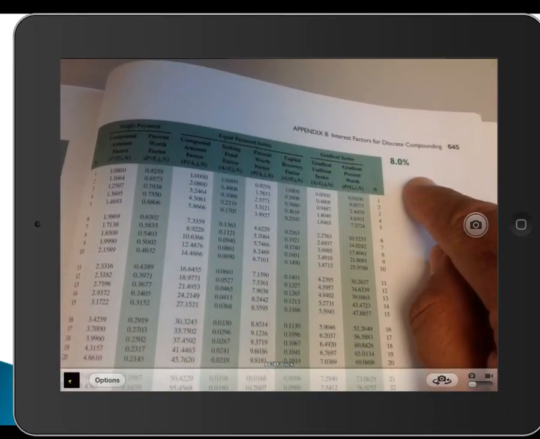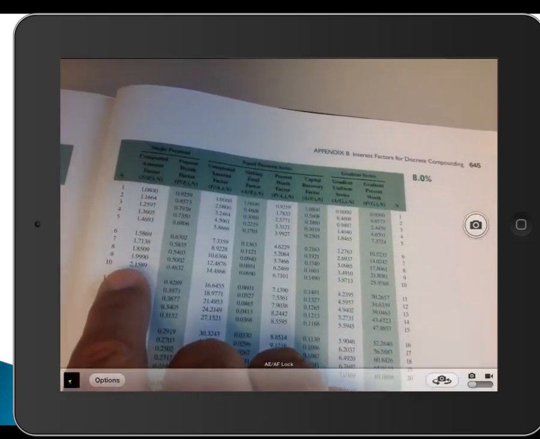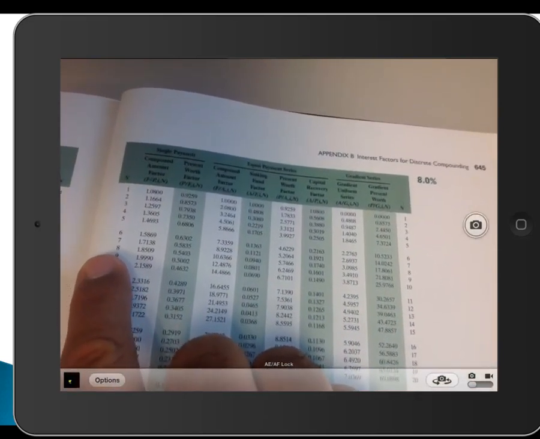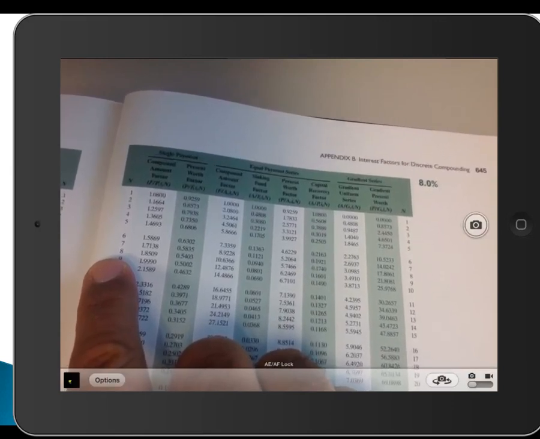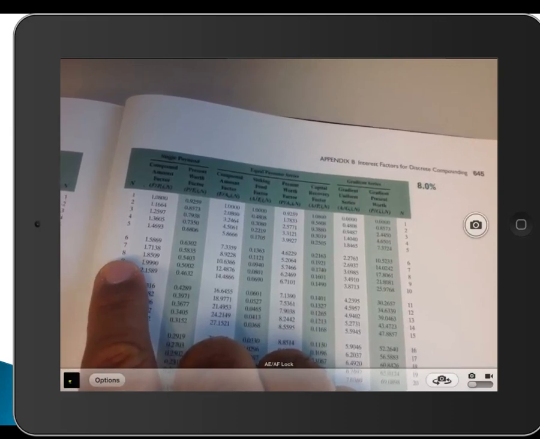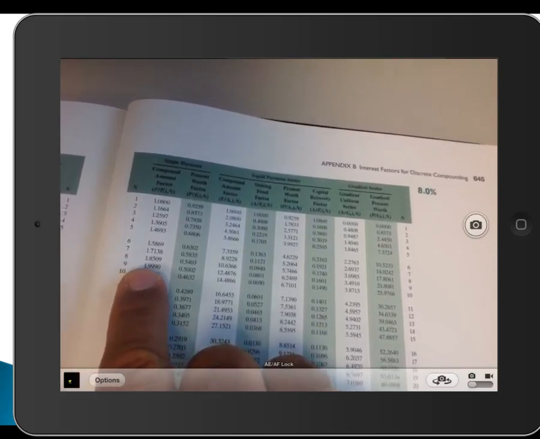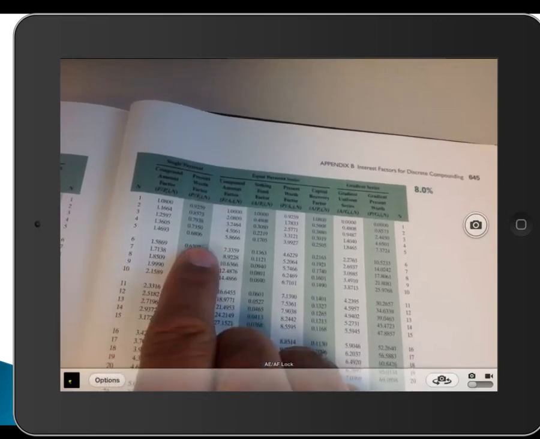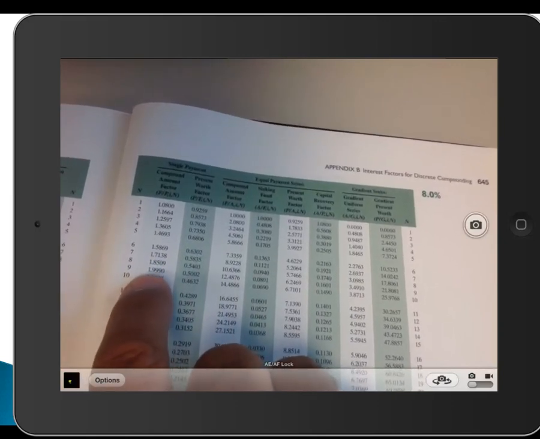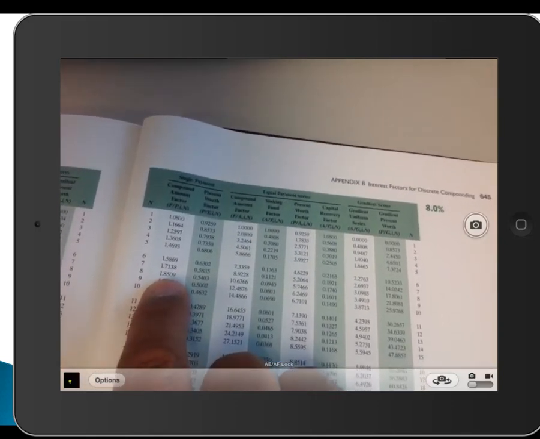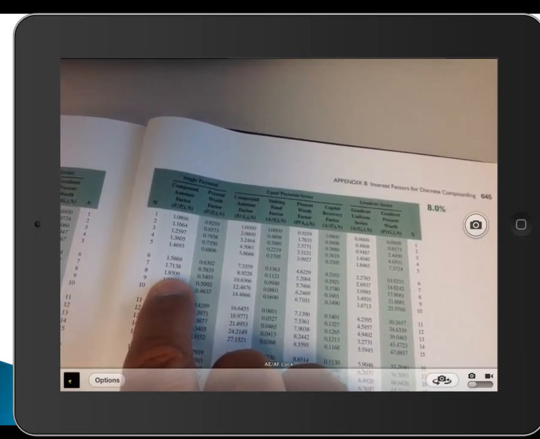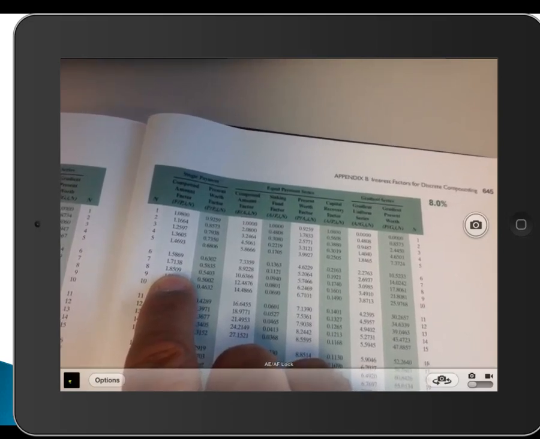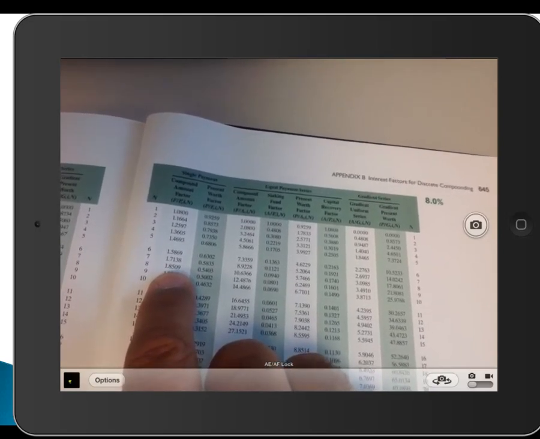So selecting the interest rate 8% and then going to 8 years, and this is 8 years, the period, we can go to F given P, and that's the first one, which is the 1.8509, and once I substitute that with the value factor multiplied by 2000, you will get the